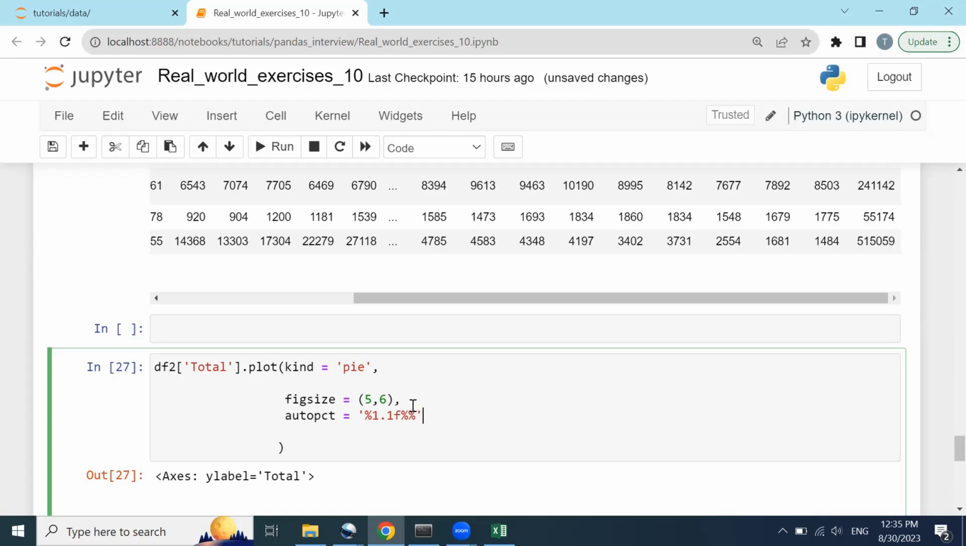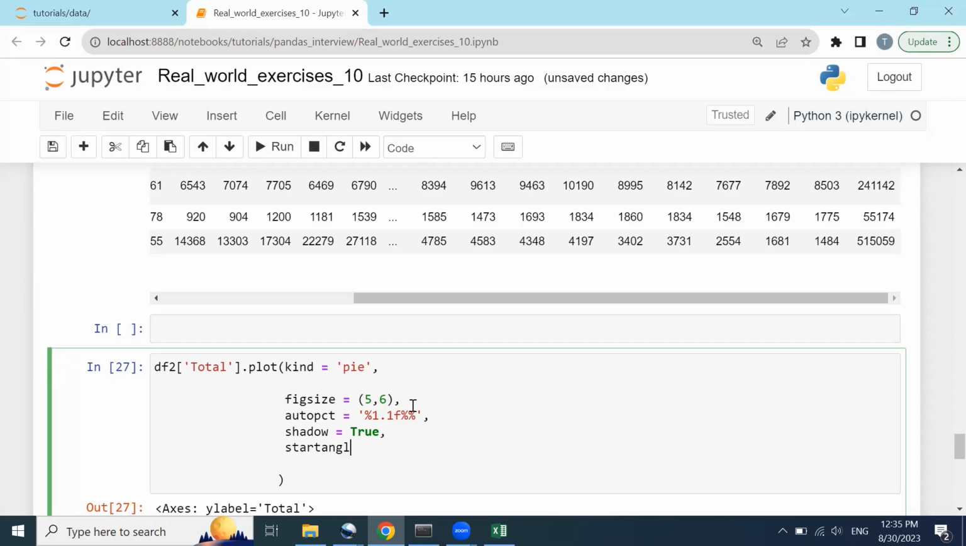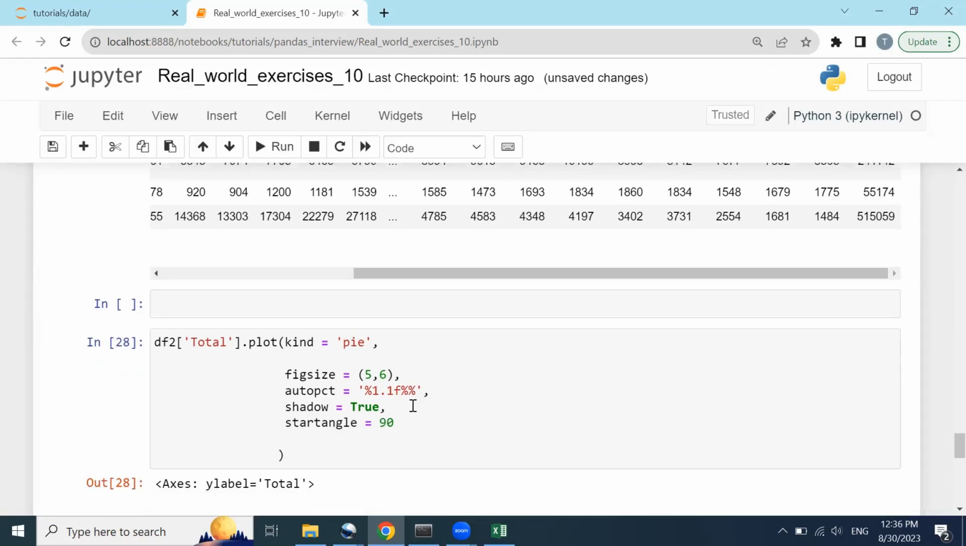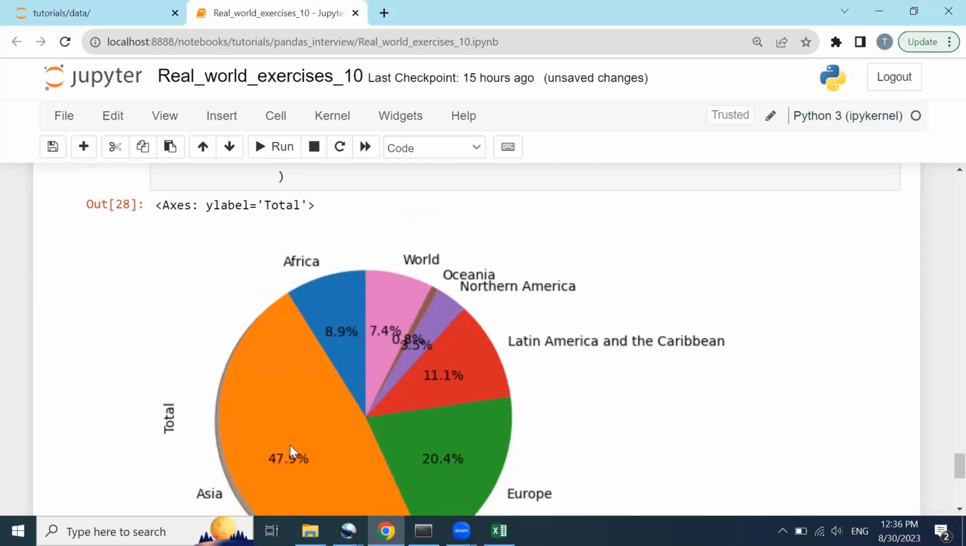If I just add in one more thing, the shadow will be perfect for here. Shadow equals to true. We'll add in the shadow here, and then we can just do what? Add in the start angle. It will just convert it and make it more attractive. Shadow equals to true, start angle equals to 90. And if I just click shift enter, you could see that we have just printed out these percentage signs and all of these